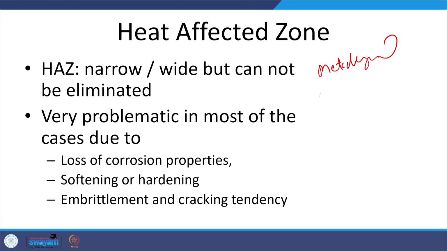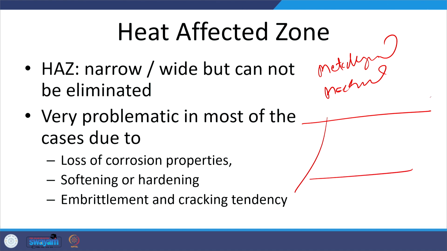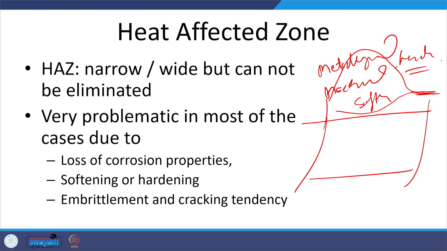We can also see, in terms of the mechanical properties, the distance up to which there is a variation in the hardness, because that will be determining the properties. Say the base metal hardness is this much. So we may have the hardness like this, or we may have the hardness like this, where both softening and hardening can take place. Wherever this kind of variation takes place due to the application of heat, that will be termed